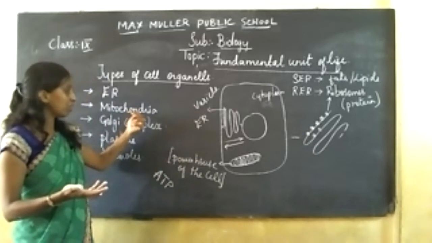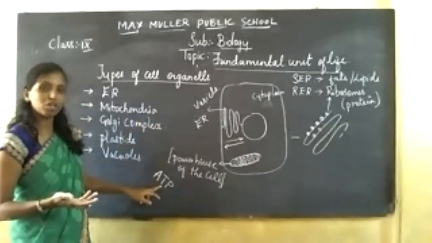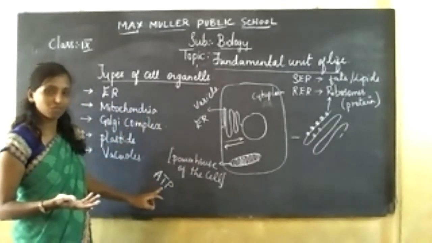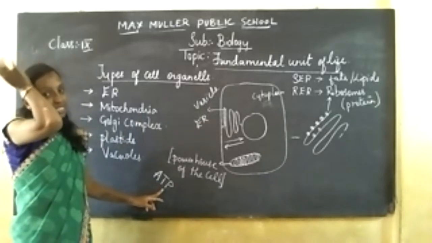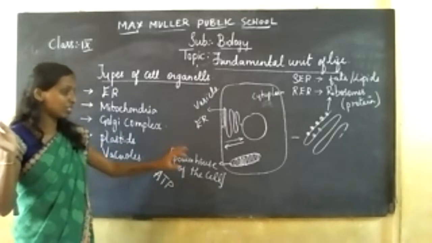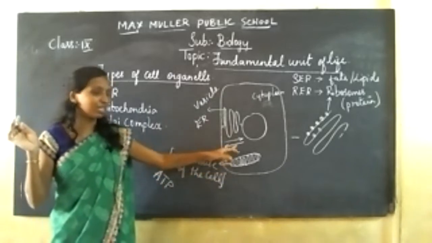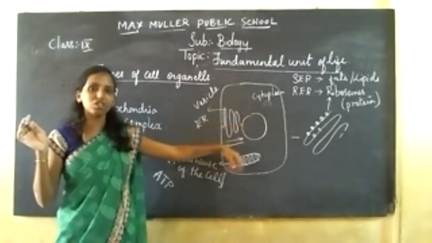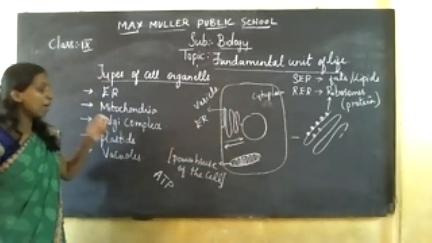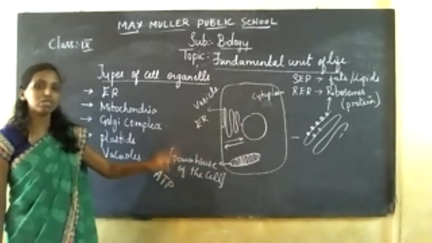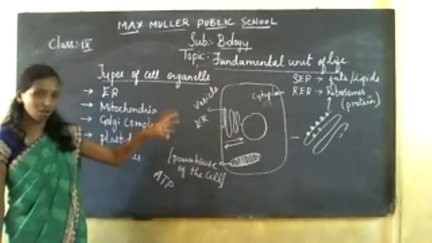At that point of time, they are going to supply energy in the form of ATP molecules, nothing but adenosine triphosphate. Okay, so they're also called energy currencies. So whenever the cell is tired, this mitochondria will supply the energy, and the functioning of the cell is brought about. That is why mitochondria is also called the powerhouse of the cell. It's going to supply the power for each organelle.